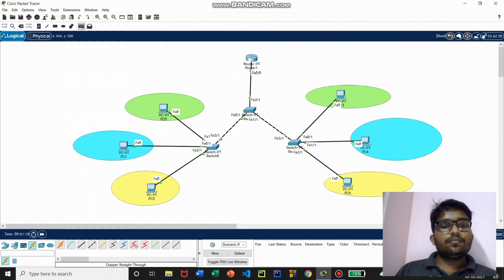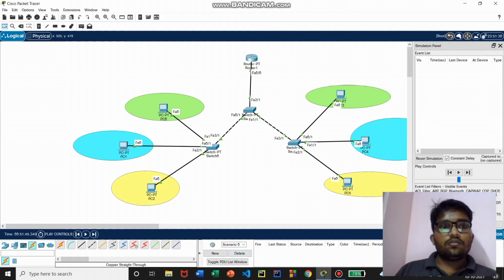Let me try once again. Let me try pinging between the PC and the router. We'll see how far the packet is moving using the simulation mode. We'll ping between this PC and here.